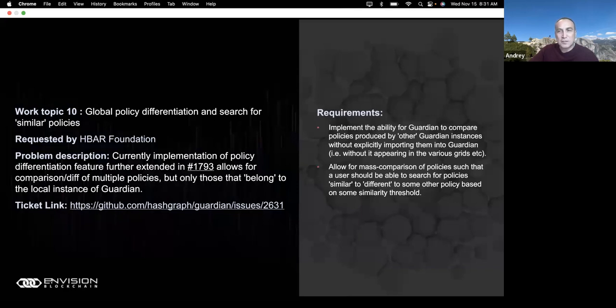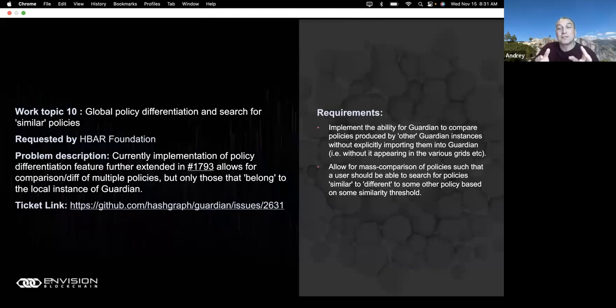At the moment, in order to diff the policy in detail, not just search and provide a score and say this is a similar policy, but actually show you the difference, you need to import the policy into the Guardian instance. It's a little bit heavyweight,